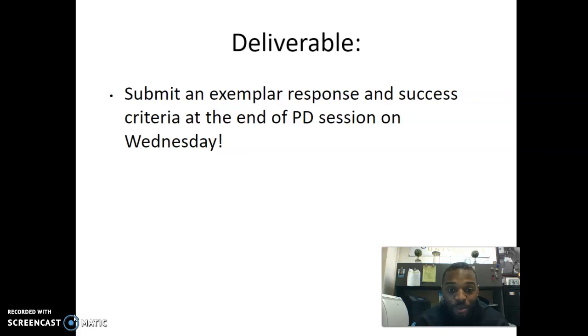I hope that this was helpful. And again, I really do believe that if we can commit to this with some fidelity and belief, it does have the potential to